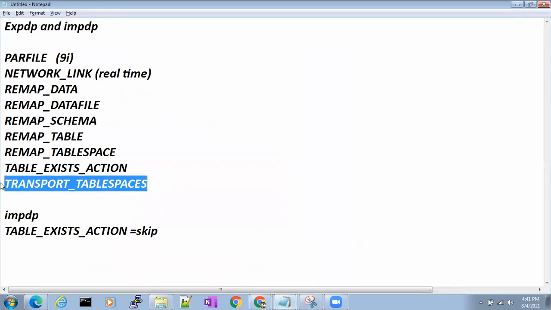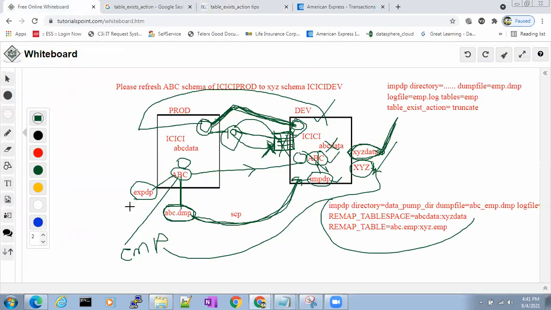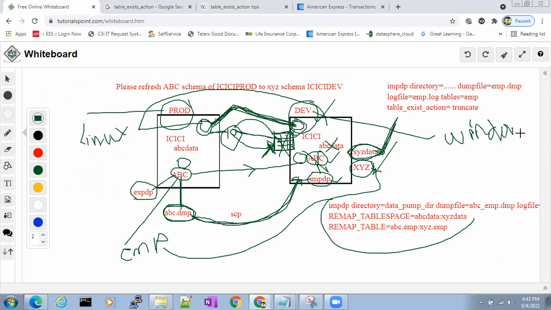And transportable tablespace, I think it is not required as of now. Why do we use transportable tablespaces? Let me explain. The production database is on a Linux operating system, and the development database is on Windows.